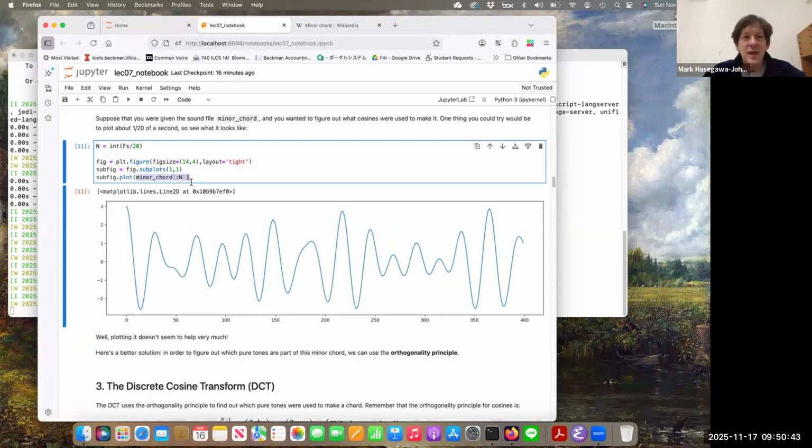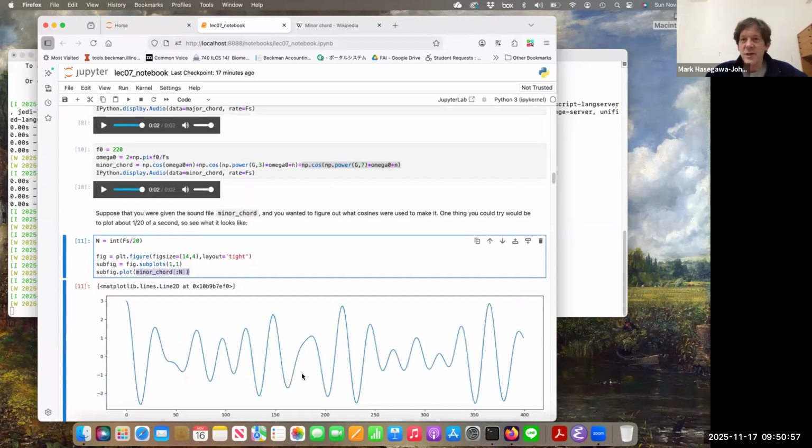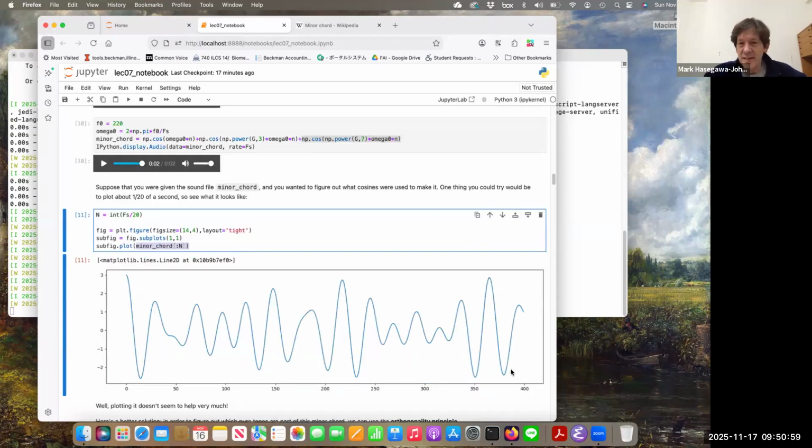Very strange. All right, we're going to take that minor third and plot it. And I don't know about you, but I can't tell what sine waves are involved in this. I know that it has three cosines, but I don't know what the frequencies of those three cosines are. All that we can see is that in these 400 samples, which is about 1/20th of a second, it looks